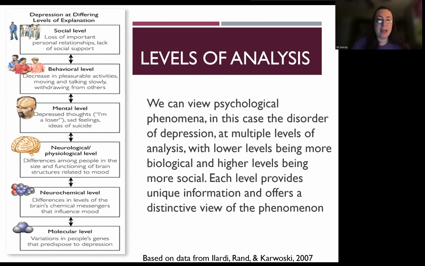And so, related to this idea, we have what's called levels of analysis. Psychology spans all of these different levels or ways of looking at the same thing. And we can think about these levels as running from biological to social. So, if we start all the way down at the bottom, we're at this molecular level. We're looking at our very molecules. And as we move up and up, we're getting bigger and bigger. Chemicals, the brain, mental ideas, thoughts, behavior, and finally ending with our social interactions. Okay, so it runs from small to big, or biological to social.